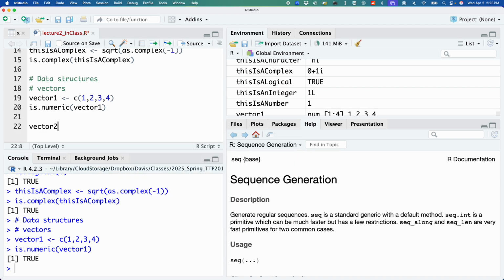We're going to do a different vector, slightly new because we haven't actually done this before. We are going to create a vector that contains the characters A, B, C, and D. By the way, if I were to do this,